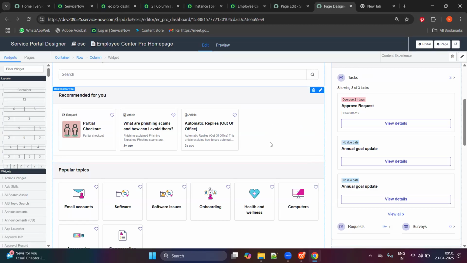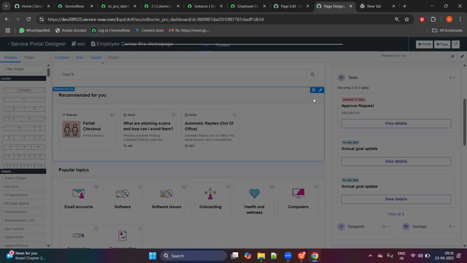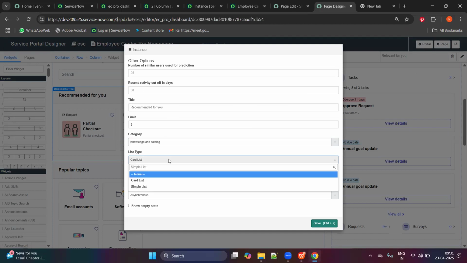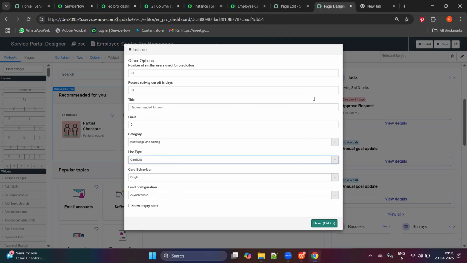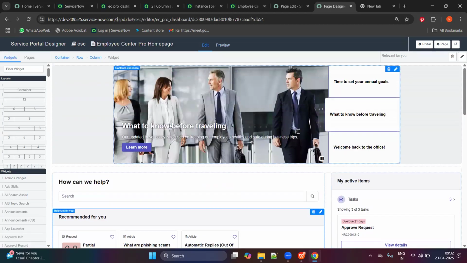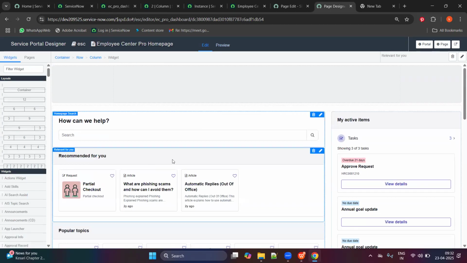Suppose if you want to add any item here under recommended for you, I'm not sure from here it will allow me to add. Okay, knowledge and catalog. So okay, it was added as knowledge and catalog. List type: card list, simple list. Just cancel this again. From a few places it won't allow you guys. There are best practices even for PDI also, right? So you can simply drag and drop these widgets,